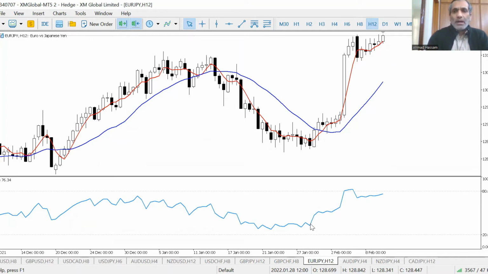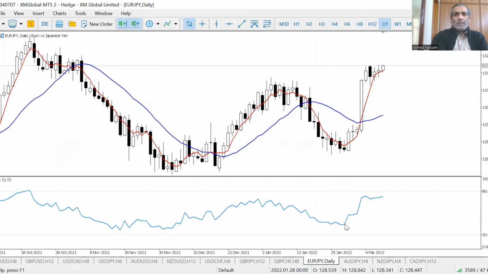Now this RSI reading is only for Euro-Yen. What we need is a method that tells us about the individual currency, not a currency pair. This reading, 32 of RSI on Euro-Yen H12, shows that it is oversold on the 12-hour chart.